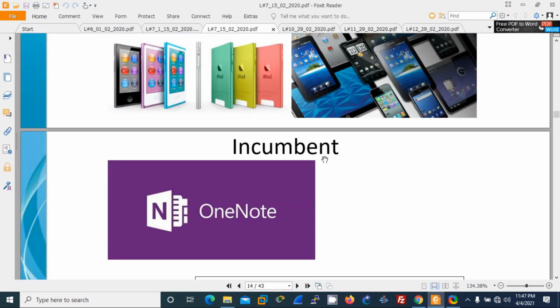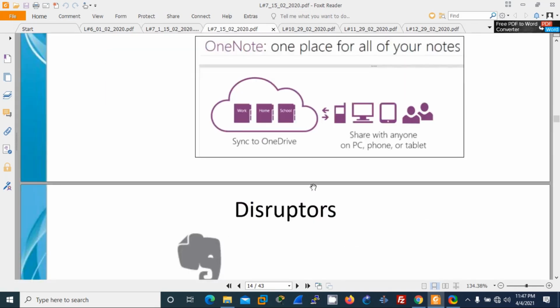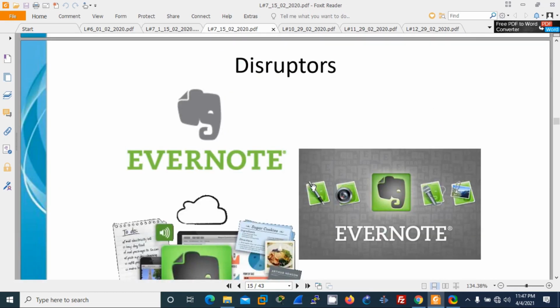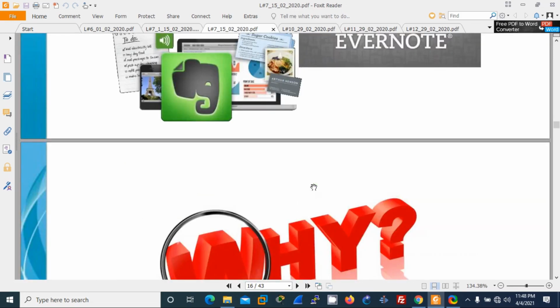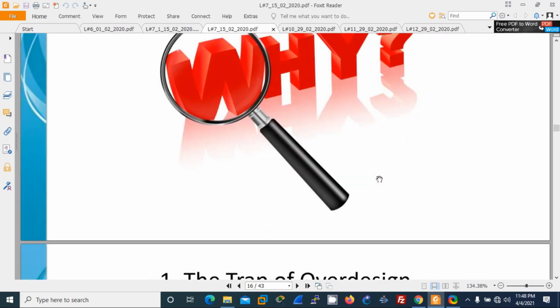And also there was a software incumbent like Microsoft, with OneNote, having maintained their monopoly in the market, but it was soon disrupted by the Evernote application, and as a result, Microsoft also made their OneNote application free to use on both Android and iOS platforms. So there are so many case studies in the industry showing that disruption has made a considerable impact